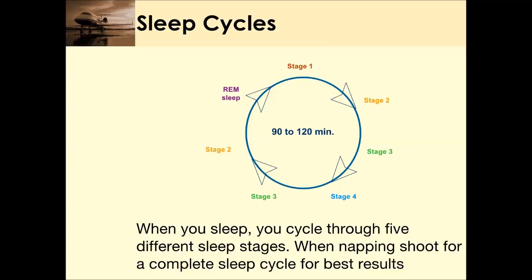Whenever you're sleep deprived, your body will try to first catch up on deep sleep, stages 3 and 4, and REM sleep. So for example, if you haven't slept very well for 3 or 4 nights in a row, your body tends to just rush through stages 1 and 2 just to get to the stage 3 and 4 deep sleep. If you're wondering about your own personal sleep cycles, are you a 90-minute or 120-minute sleep cycler?